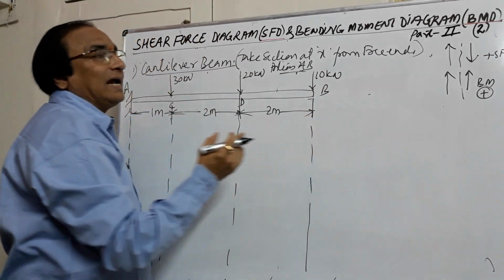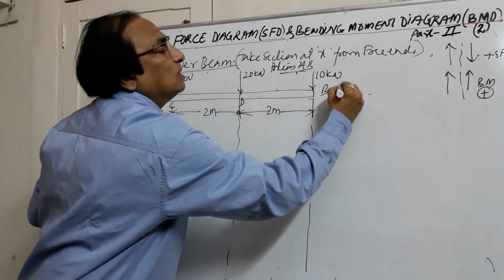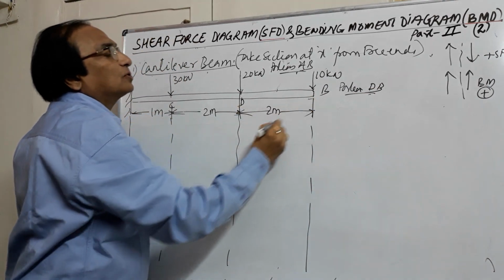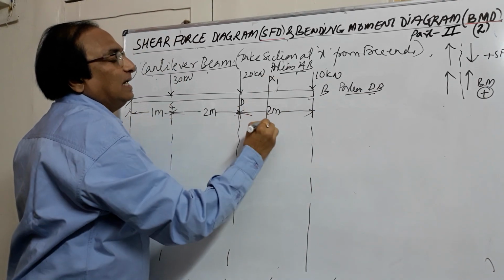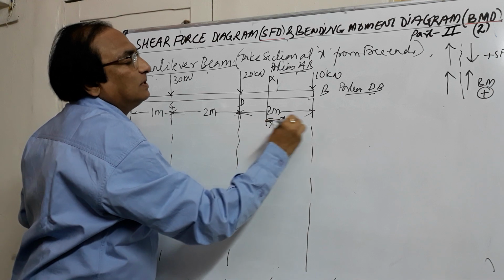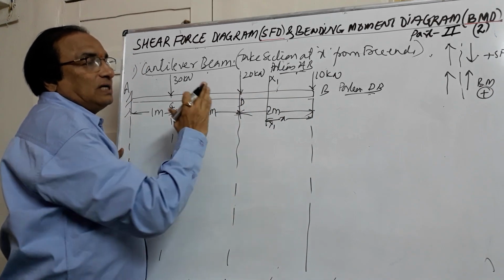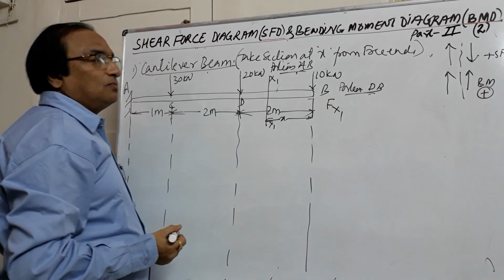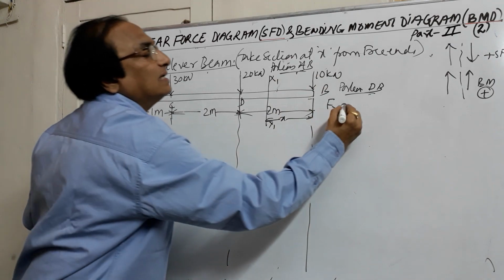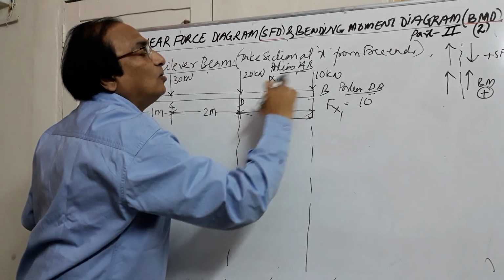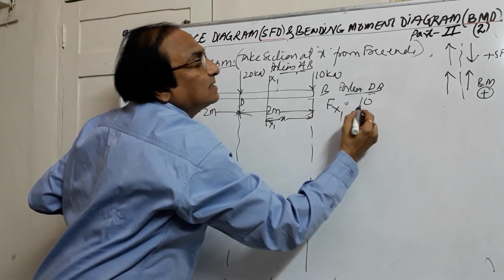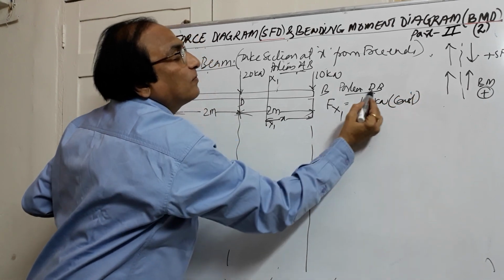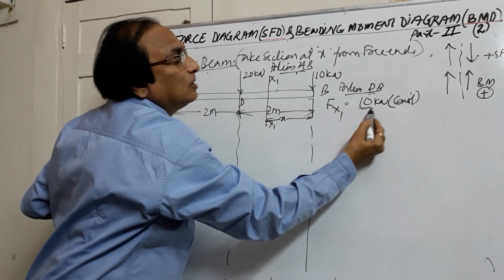So let us begin with cantilever always from the free end. So let us consider the portion DB or BD. This portion means I will consider a section x1 at a distance x from the free end. So that means I am taking the right side of the section. So if I draw the shear force at the section 1, there is only one force on the right hand side which is 10, and it is acting down on right hand side. Down on right hand side shear force is positive. So this is a constant value. Means from B to D or D to B, the value remains as 10.